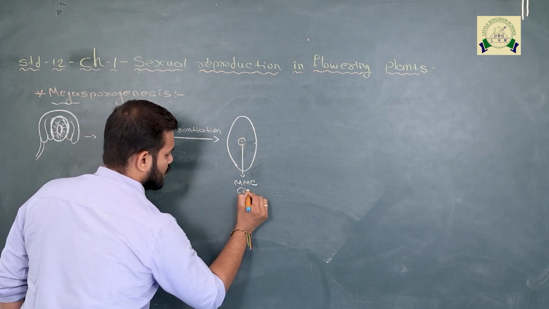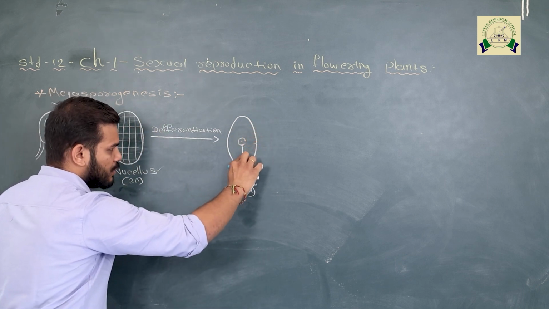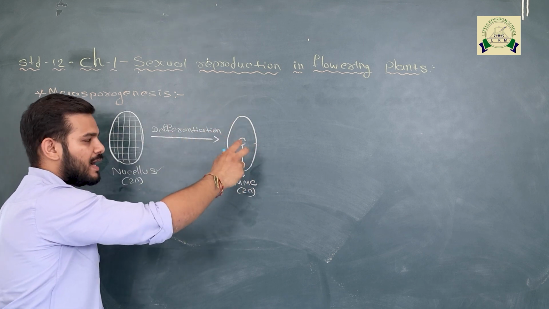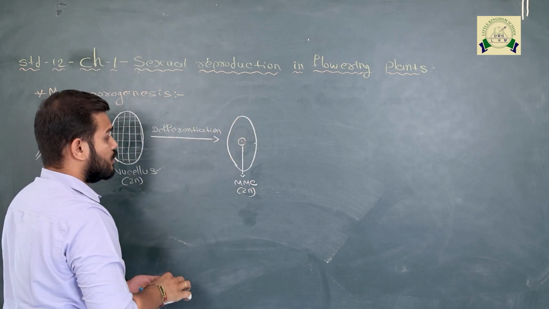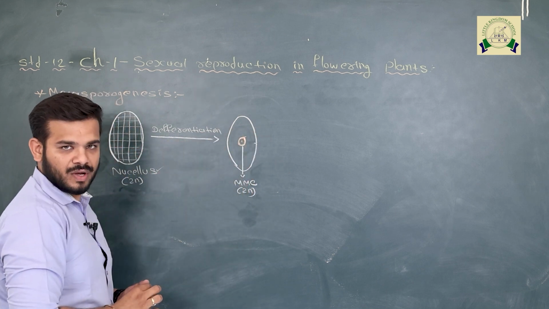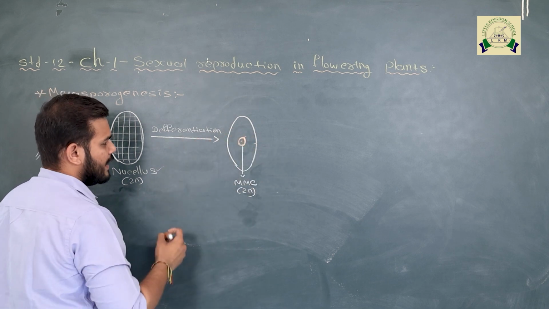Megaspore mother cell, which is also diploid. Remember, surrounding this megaspore mother cell, the other cells of nucellus are still present, but I am not drawing them because it creates more confusion to understand this particular topic. Clear? So I am keeping it very safe and very simple. So in the next stage,